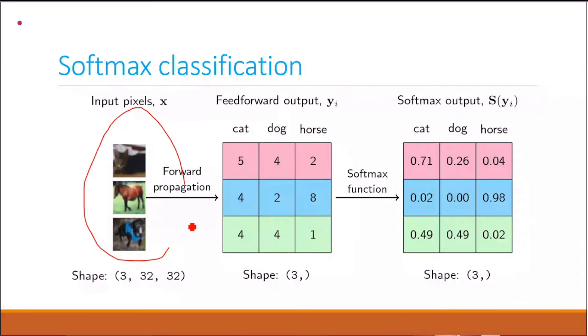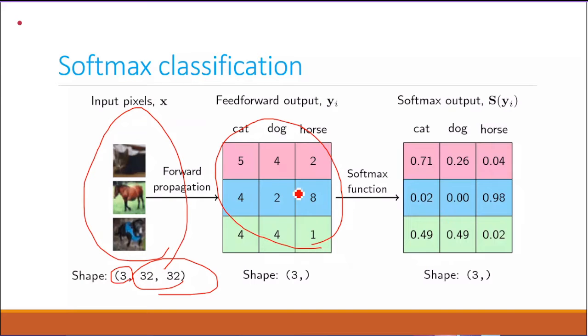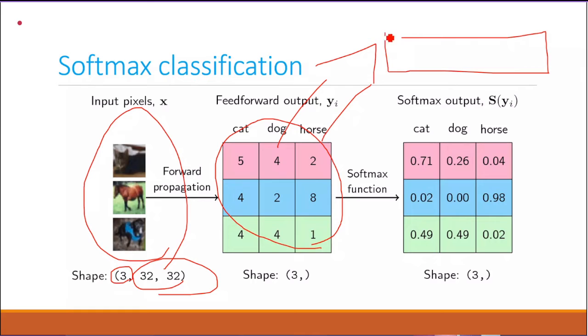For example, here the input I'm going to give is 3 images. The size will be 32 with three channels, RGB. So the shape will be 32 by 32 by 3, with the channels applied as a matrix. Finally, from the fully connected layer, I have to get a one-dimensional vector.